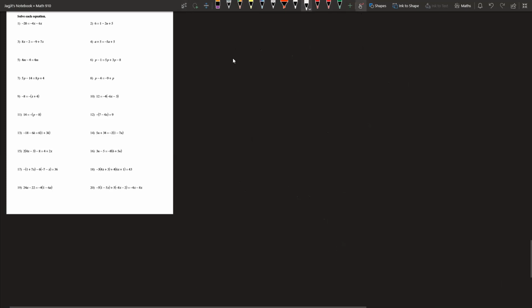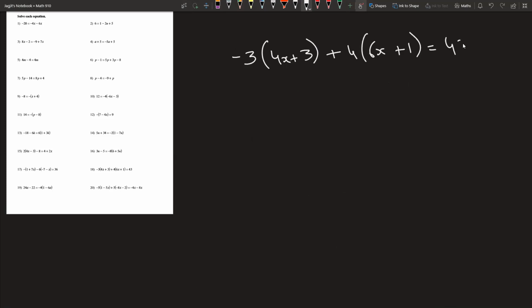Let's do number 18. We have minus 3 times 4x plus 3 plus 4 times 6x plus 1 is equal to 43. Okay, we got a FOIL. Minus 3 times 4x is minus 12x. Minus 3 times 3 is minus 9. 4 times 6x is 24x. 4 times 1 is 4, and all of that is equal